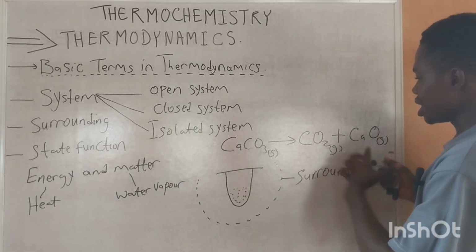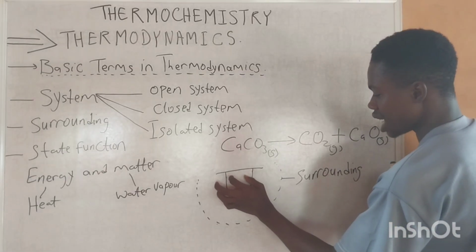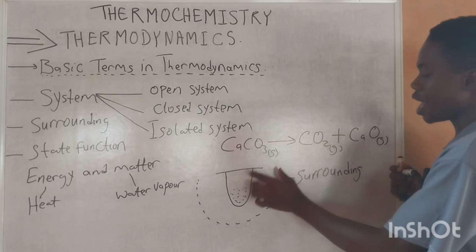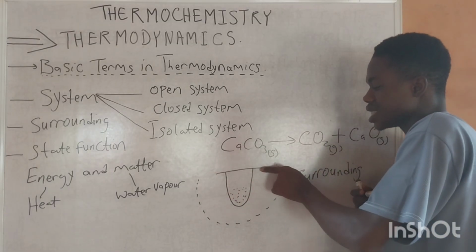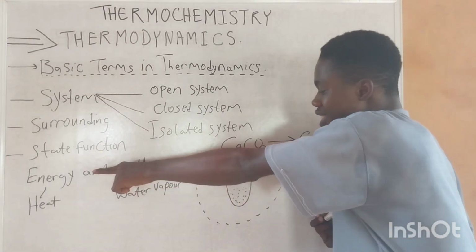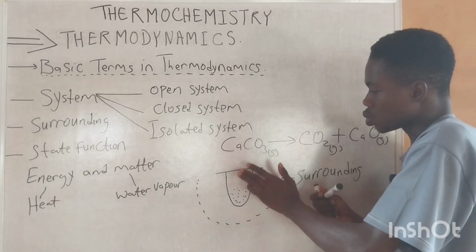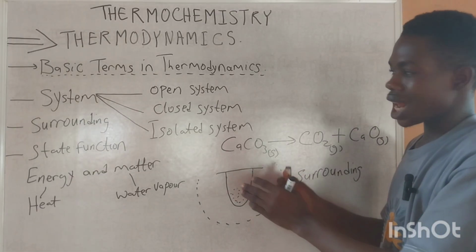So let's say this reaction is taking place in this system right now. You see this gas. This gas cannot evolve away from this system, because it is sealed up. It is only energy that can evolve from this system. So please take note of this. So from here, we move straight to the last part of our system,